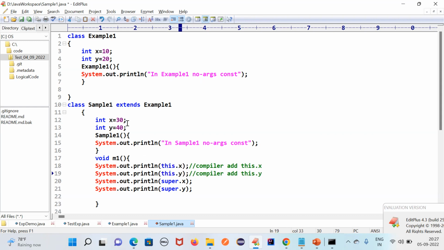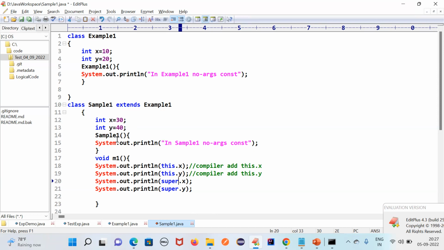If you want to access the super class member, then we can use super dot. One more topic, I will teach you the super call. When the constructor is there, the super call is always there. And what is the use of the super call? There are two types, one is the super call and one is super dot. The use of super dot is that it will access the super class member if it has the same name, right?